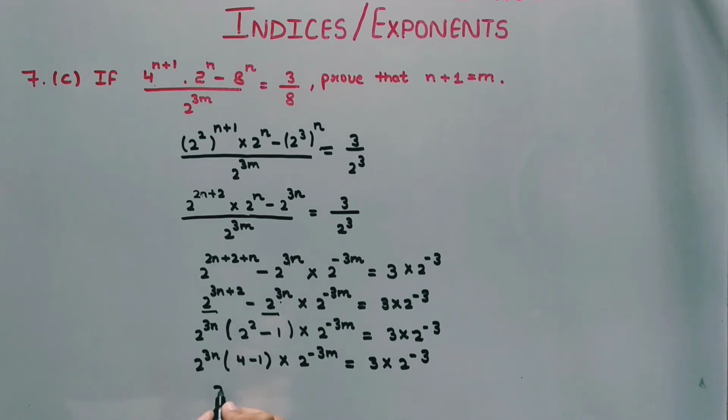Now we have 2 raised to power 3n multiplied by 2 squared, which is 4, minus 1, multiplied by 2 raised to power minus 3m. Now 4 minus 1 will be written as 3 multiplied by 2 raised to power minus 3m